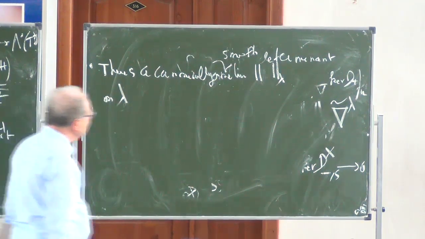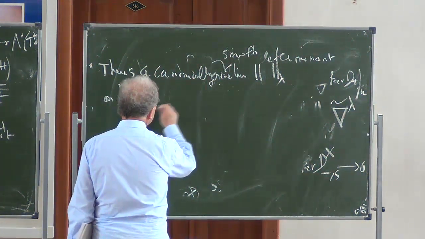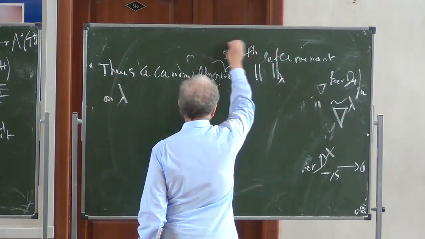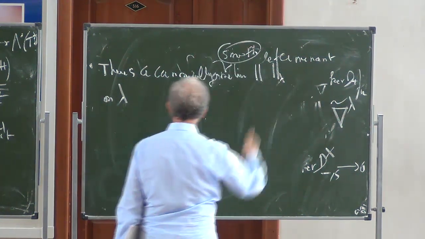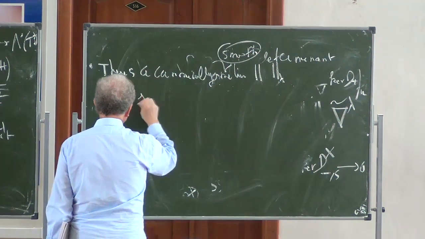This is the so-called Quillen metric. So a canonically defined smooth metric ‖·‖_λ on λ, such that